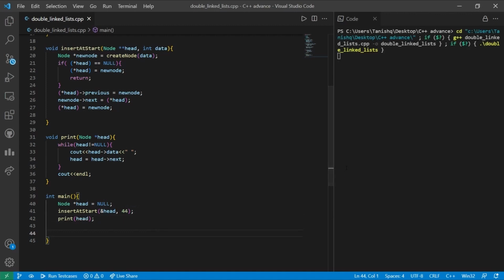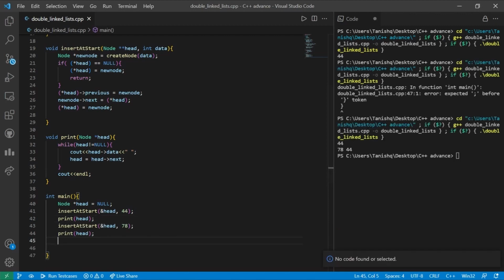So after running the example, as it is visible, the 44 which has been inserted at the start of the linked list is getting properly printed. Now to experiment, let us insert two more new nodes to see whether the node that we are going to create is going to be inserted at the head only or at the end.